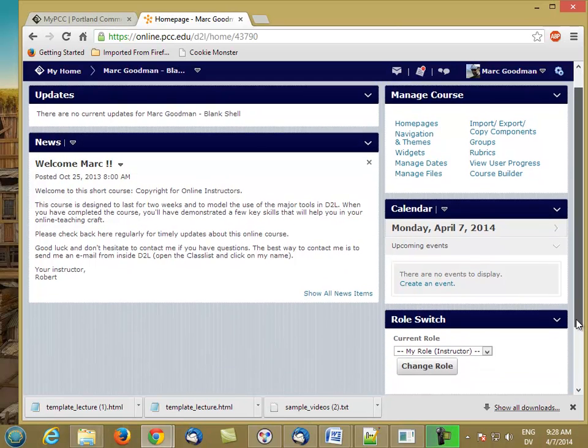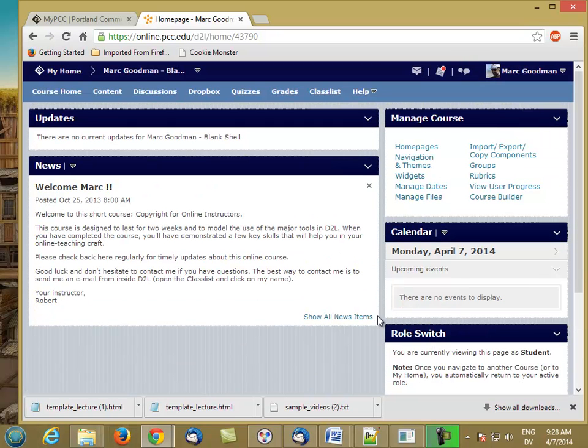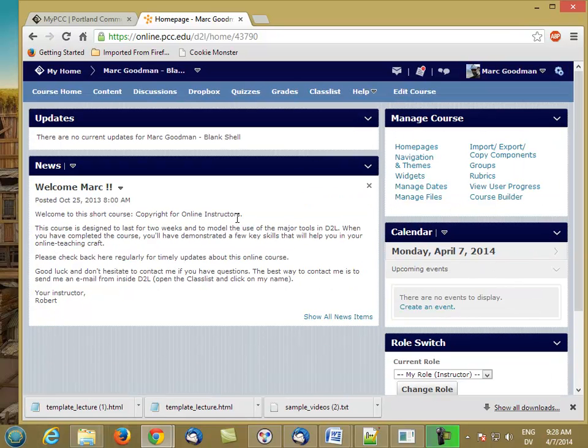The first thing I want to show you is this role switch widget on the course homepage. You can switch between the instructor role and a student role, and if you're in the student role, you see the same thing that a student would see in the class. But for now, we're going to switch to the instructor role, and let's take a look at what we have